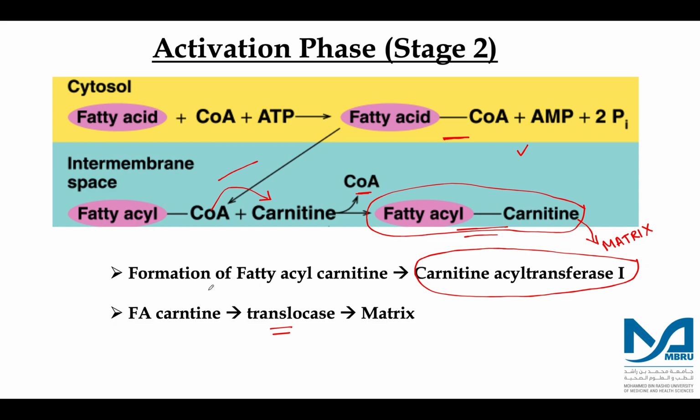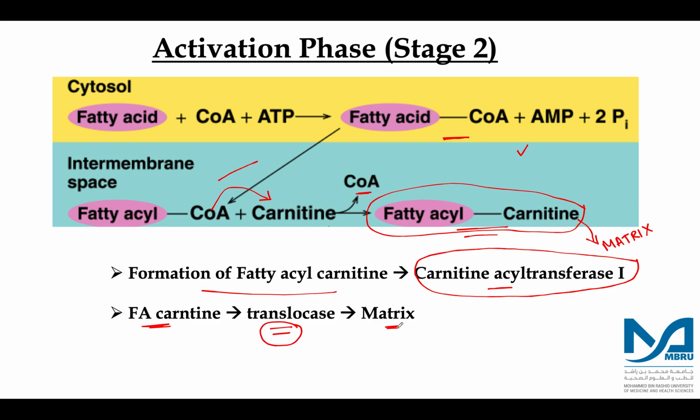So formation of fatty acyl carnitine by carnitine acyl transferase 1, the enzyme, and once fatty acyl carnitine is formed, with the help of the enzyme translocase, it comes inside the matrix, and once it is inside the matrix, then